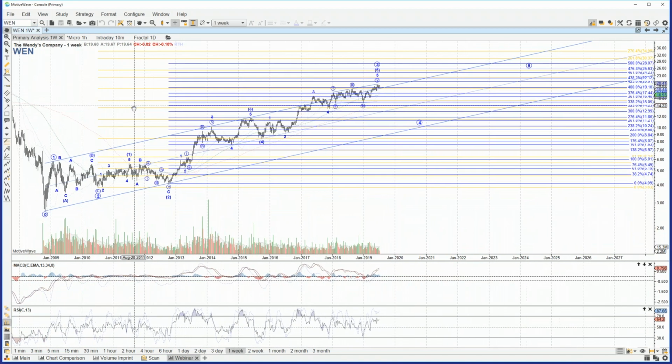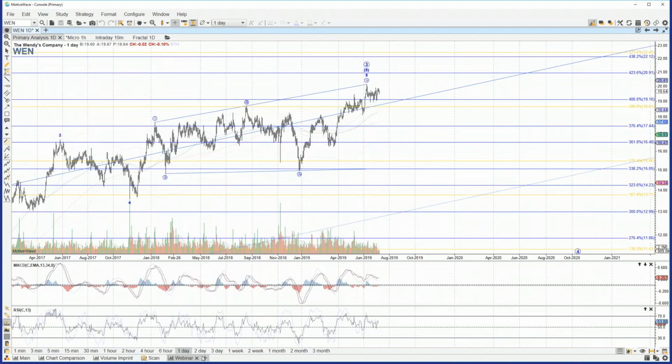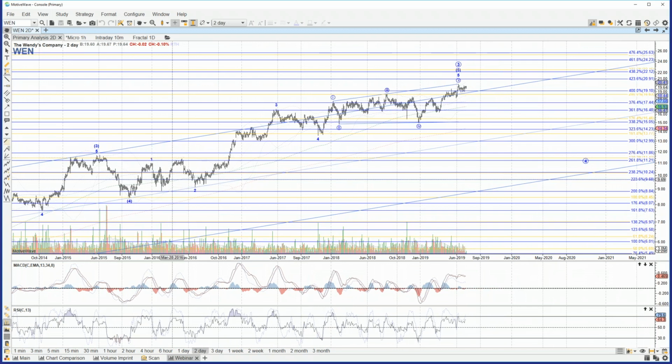And finally, I wanted to take a look at Wendy's, which also fits a decent standard impulse structure since the bottom back in 2008. This would be the primary degree wave 1. You had a running flat here as the primary degree wave 2. Then your intermediate wave 1 and 2, and this clearly being the strongest portion of the overall trend here for your wave 3 of 3, this intermediate 3 within the primary 3. Pull back into the September 2015 low, in this case likely where the intermediate degree wave 4 completed, and then another 5-wave structure since then as what should be the intermediate wave 5 to complete the primary degree wave 3